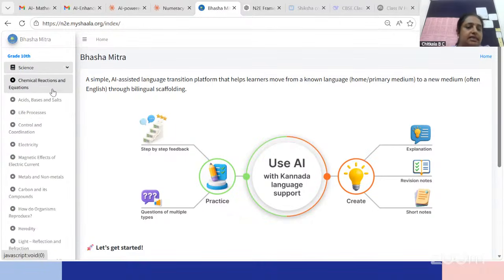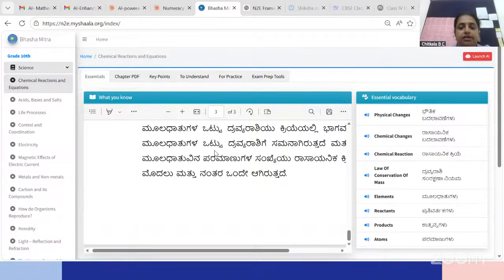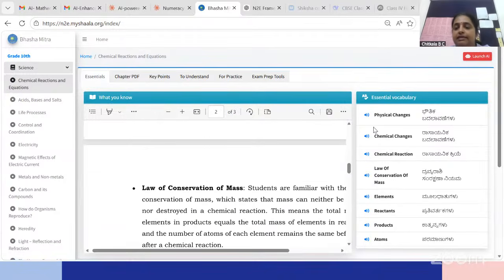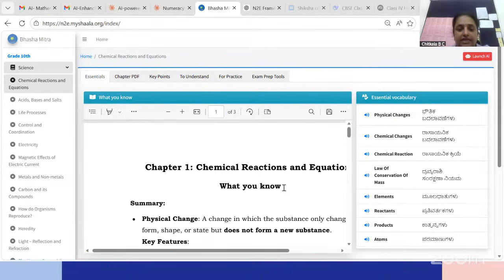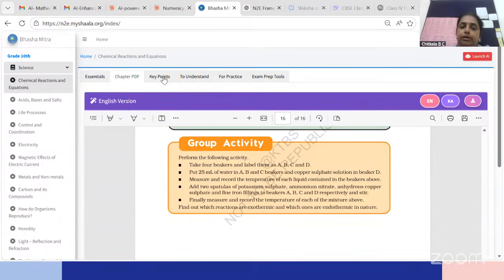I will choose some science topic. I have not done it here on maths, but I have done it separately. Any topic I take, it helps the students understand the essential vocabulary in 2 languages, including pronunciation, and then the summary in bilingual format, and the chapter PDF in 2 languages.